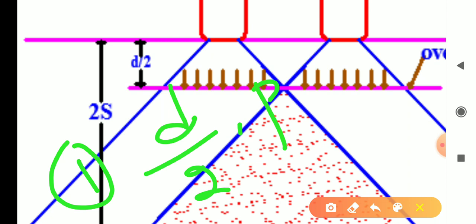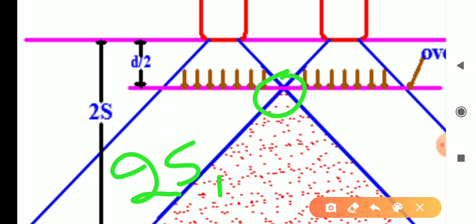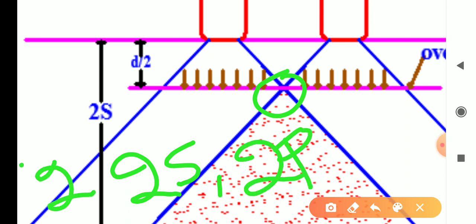Once it crosses, this is called the overlap point. What happens is the stresses will overlap, and that overlap should be taken as 2S. In that 2S, how much wheel load is considered? Two wheels of load, that is 2P. So this is the second point. So here d by 2 comma P is the single wheel point, and the other one is 2S comma 2P.